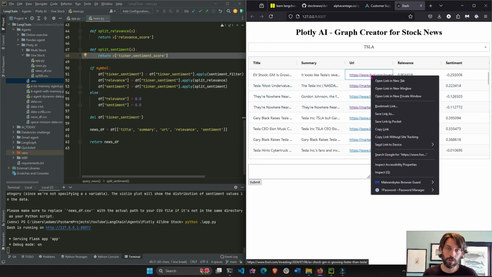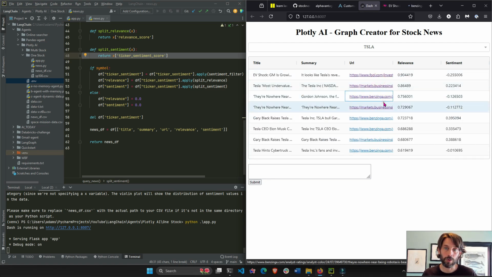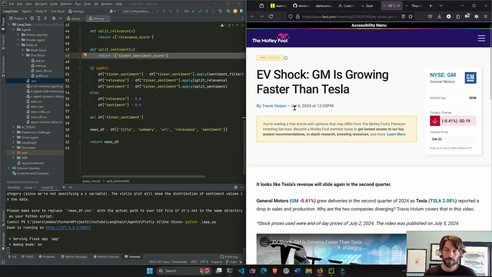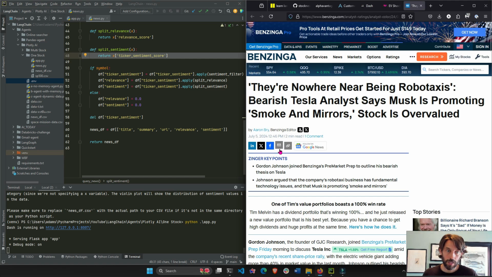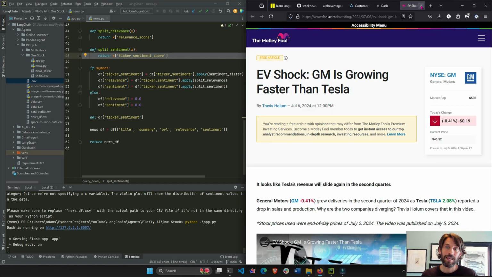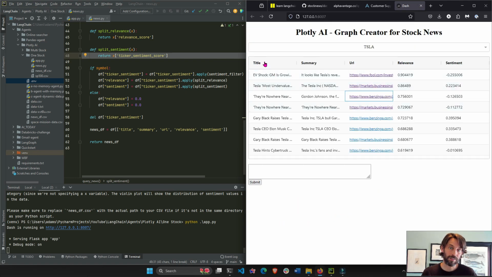So you can click on one of these articles, like this one or this one, and you can see they're from July 6th, which is today. This one is from July 5th, which is from yesterday. And each article will have a title, a summary with a tooltip, the relevance of that article to the stock ticker, and the sentiment. So in this article, the sentiment is pretty negative. They're talking about Tesla in a negative way, while this article right here has a pretty positive sentiment and relevance